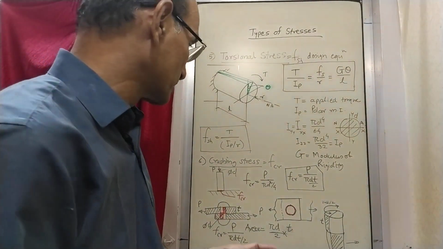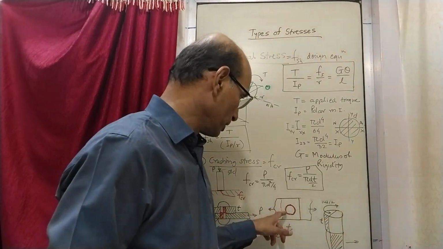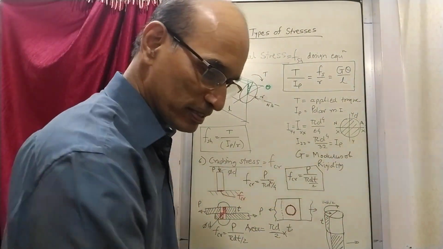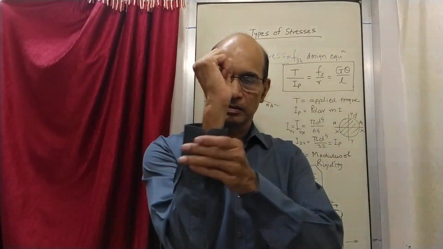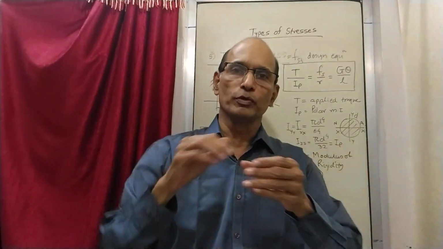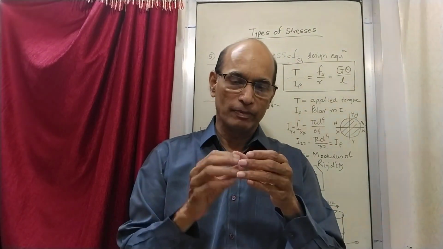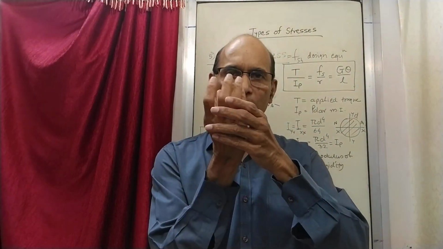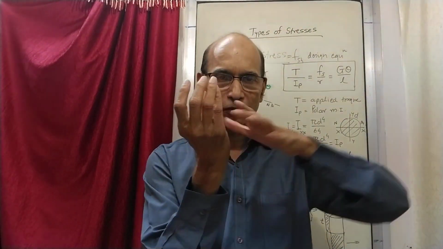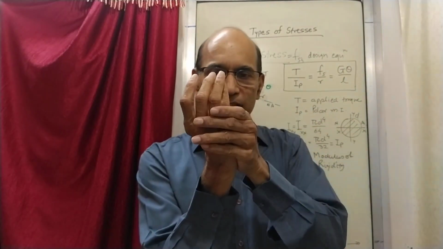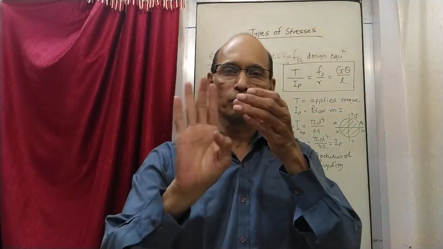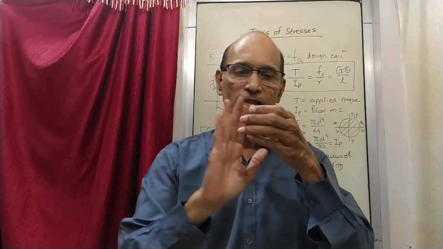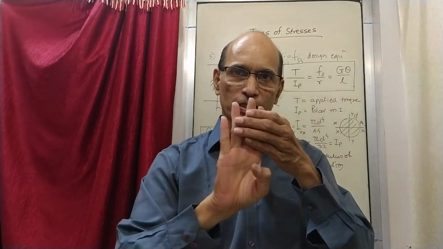But then what happens is, here the load is not constant. Although we show the load applied like this on this curved surface, the cylindrical part, the rivet, and the surface of the plate are in contact, and therefore we have taken this area pi d by 2 into thickness T. But the load is not constant P here. Why is it not constant?